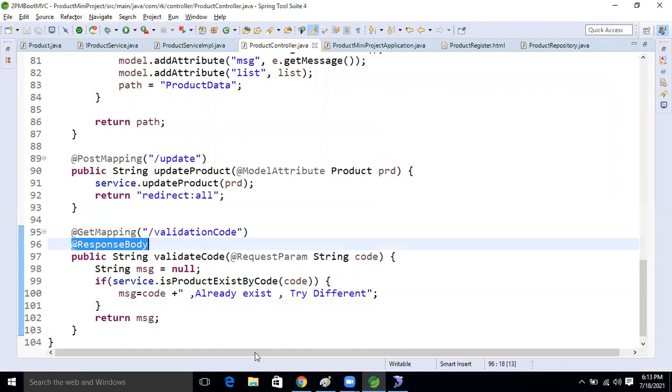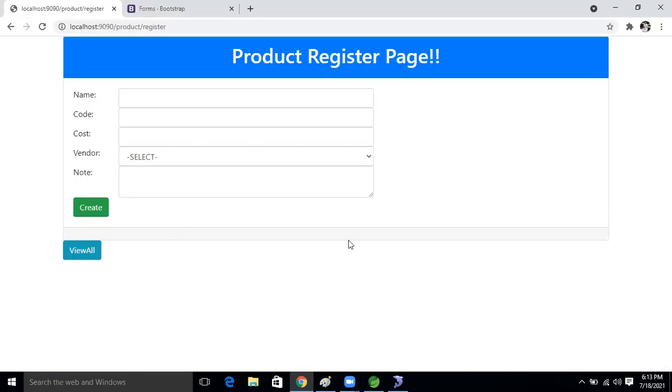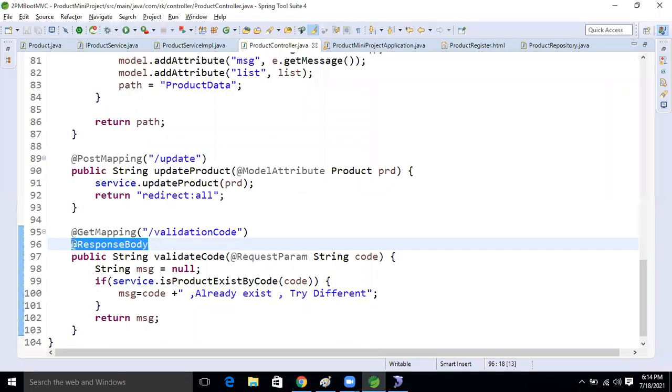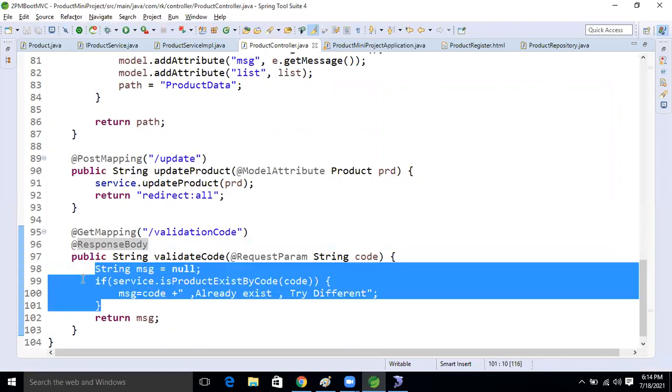It does not mean we can read it only in this page. In all pages of this project, we can read it in every page. Because of that, I wrote the response body, covering the request body and the response body.